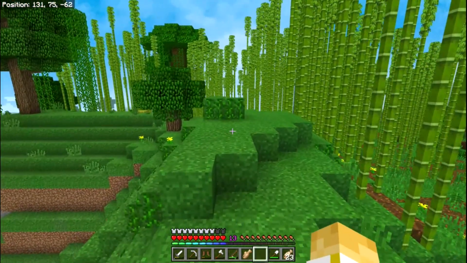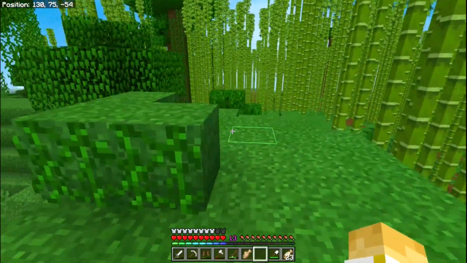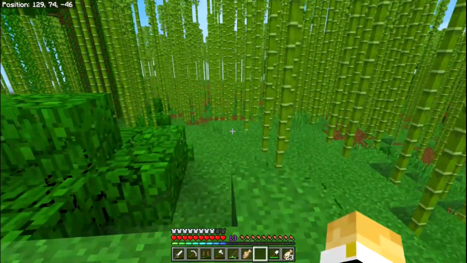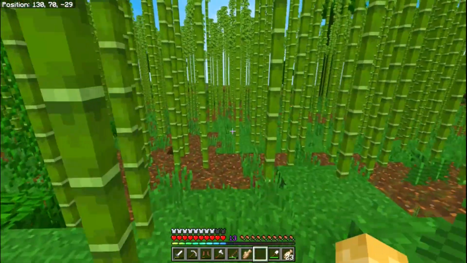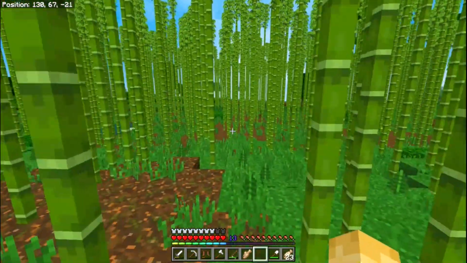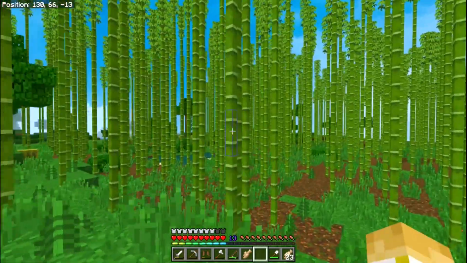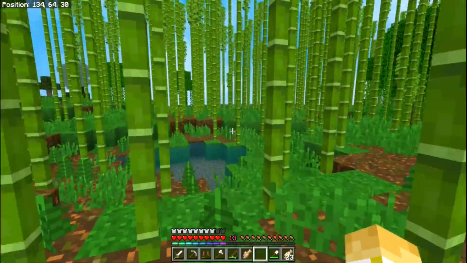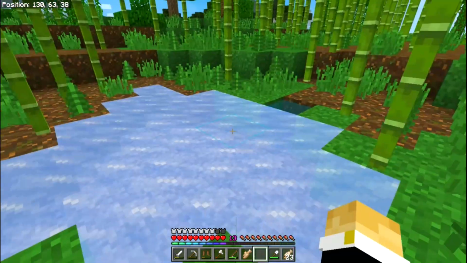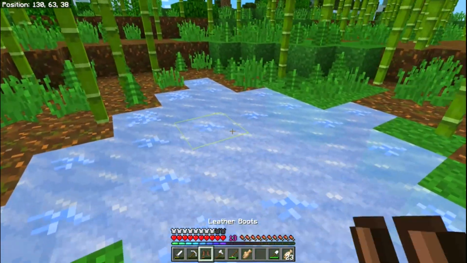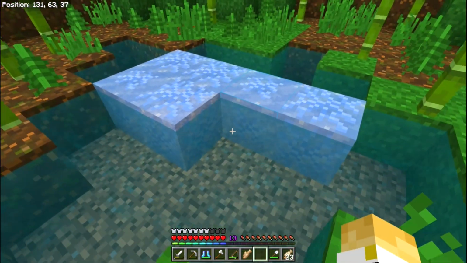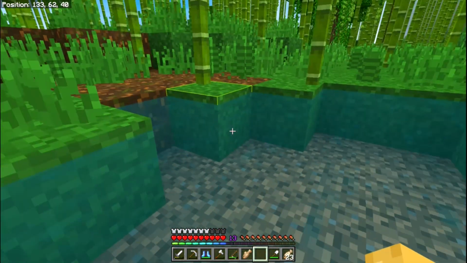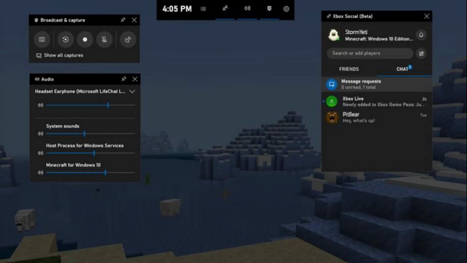Anyways, if you are a content creator such as myself, and you want to be able to record the game at a pretty decent frame rate, in fact, I'm actually recording it with Game Bar right now, you can use Game Bar to record your videos. Game Bar has a really easy interface and setup and all that kind of stuff, and in fact it also includes ways to connect yourself to your friends on Xbox. Here's a screenshot of what Game Bar looks like, and it's actually really cool.